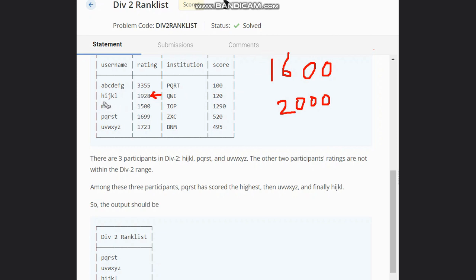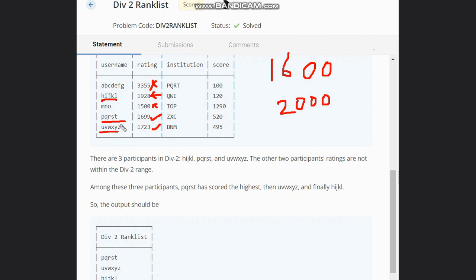So we have this username. This rating is not following. The above rating is also not following. This rating is following. This rating is following. So we have 3 participants, namely these 3,